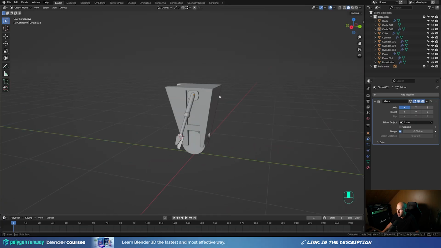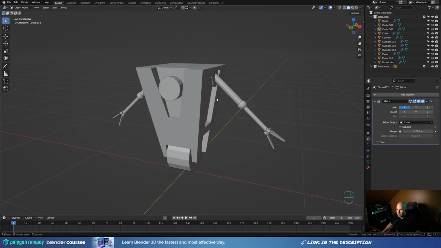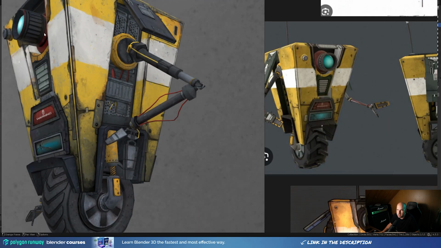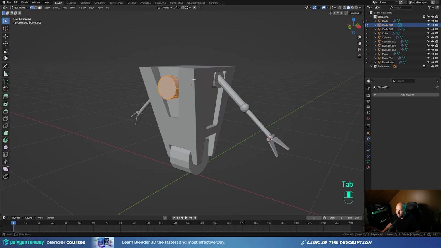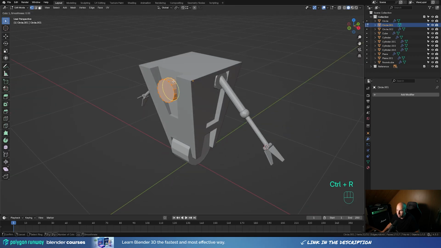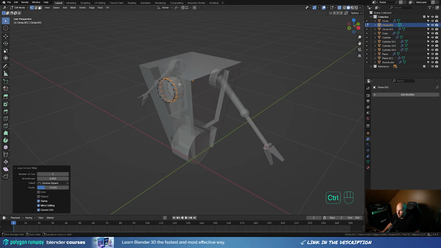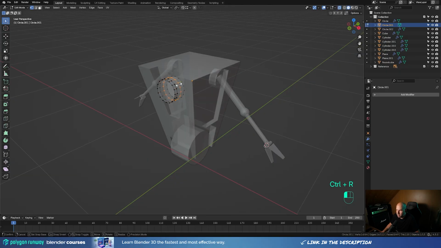And this is basically the blockout for the robot ready, and now we can just jump in and increase the level of detail for this. So first thing I want to do is to take care of the lens, so let's select it, and if you check the reference, there is a little bit of a ring around it, and then it just extrudes towards the front. So let's tab into the edit mode, and I will press Ctrl R and slide this right about here. Let's enable X-ray view, and now we can press Ctrl R again, create a new loop cut right here,